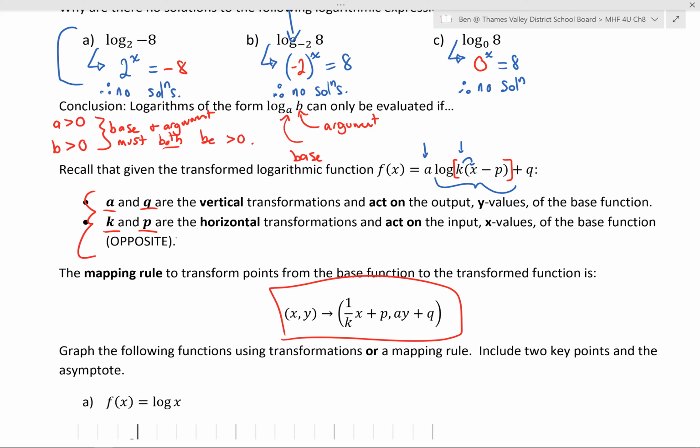Or if you choose to map without using a mapping rule, you can graph a transformed function by its transformations, just like we learned in, let me see, I believe that was chapter 3. You can graph by their transformations. That would be accepted as well. You just need to make sure that you are showing your work. All right. Now,